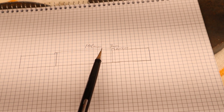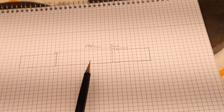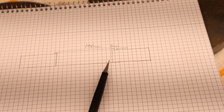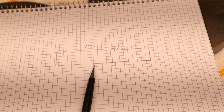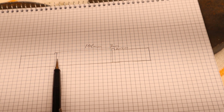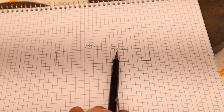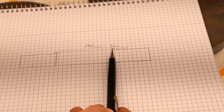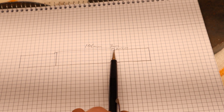But I don't want to take off more material than I need to, and there is some surface rust on that hub, and, you know, we want to be as thorough as we can. At the same time, we need to pay attention to getting the job done and not overworking it. So I've settled for 106mm on the ID there, and this little flange up here is going to be 2mm